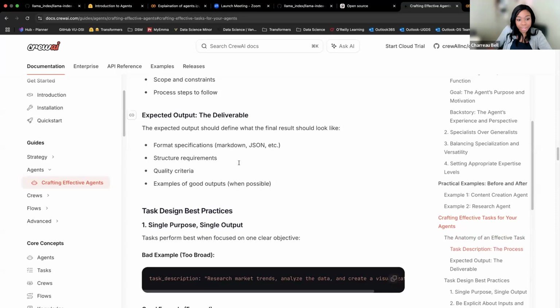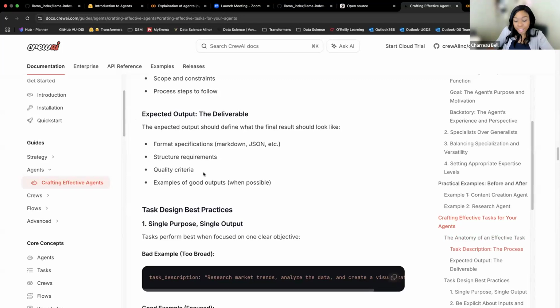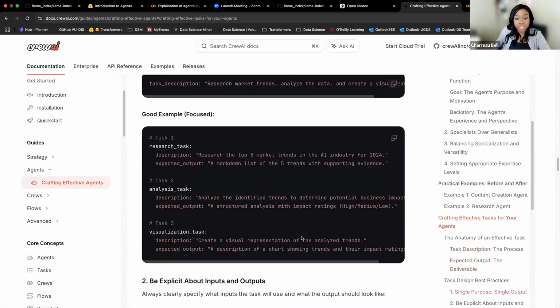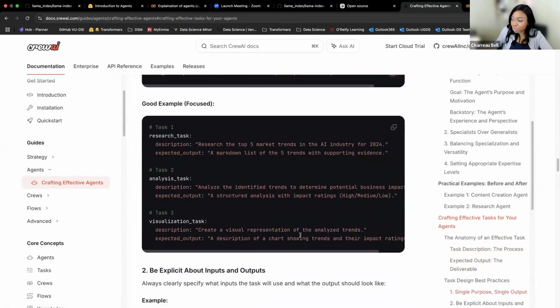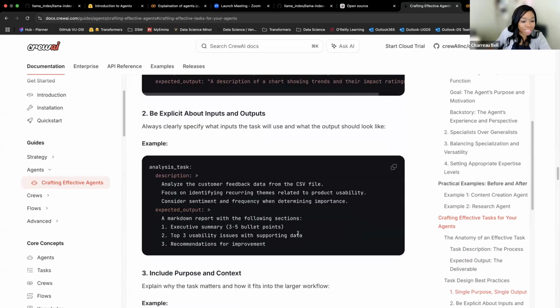And also the expected output. If you need to have particular kinds of output for the system, you can actually specify in a type specification framework for Python exactly the output that you want, but otherwise you can also describe this. This is also good. And just with your regular prompt engineering, you generally want to be providing examples if it's going to be something that the LLM would probably be less familiar with. So again, great things to read, great things to learn about prompt engineering, and you'll have a chance to practice with this, hopefully.